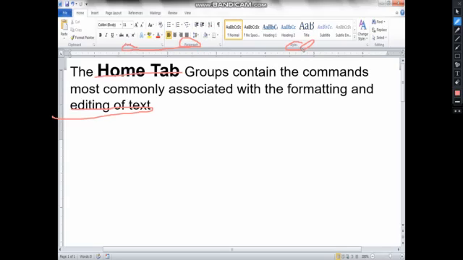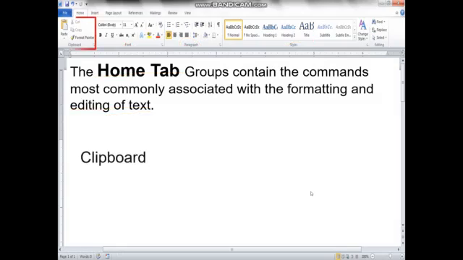अच्छा ठीक है, now after this let us see the next thing. Okay, so first is clipboard. Here you can see clipboard. अब क्लिपबोर्ड में हमारे पास कौन कौन से ऑप्शंस होते हैं, क्लिपबोर्ड में वी गेट ऑप्शंस लाइक फॉर्मेट पेंटर, कॉपी, कट, पेस्ट, okay, these are the options that are available there in clipboard. clipboard में ये सारे options available होते हैं।